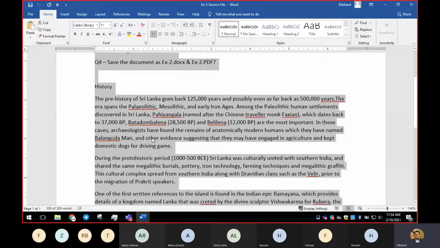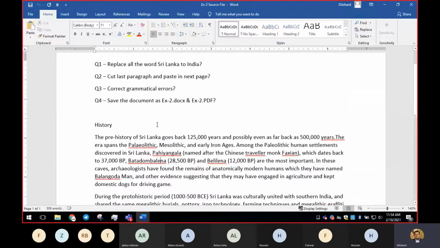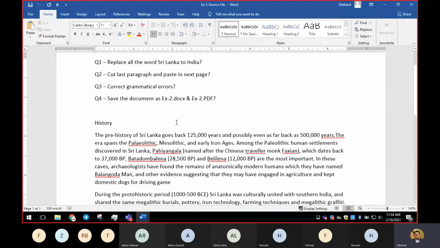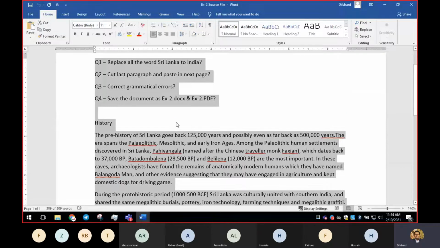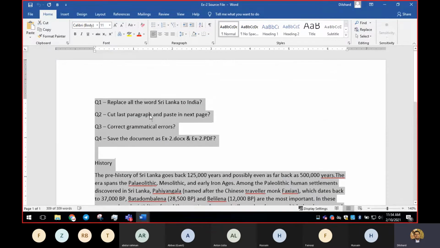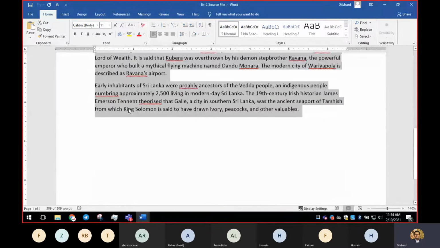Even if you have 10-15 pages, if you have 10 pages in the document, all 10 will be selected. And by pressing Control C, you know, the selected area will be copied. In our case, we have highlighted the complete document, so everything will be copied.